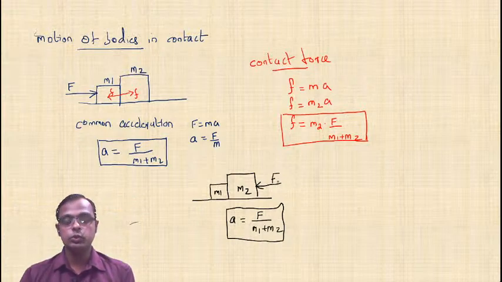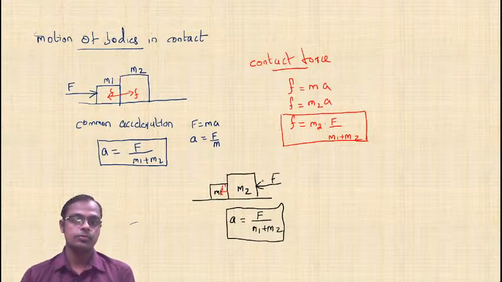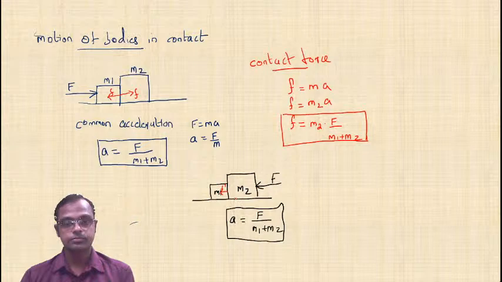What do you think about it? You are applying the force on M2. So what will happen? M2 will apply a force on M1. Say it as F dash. Why have I written F dash? Because it is not the same case as the first one. It was F, here it is F dash because M2 is heavier than M1. In the previous case, M1 was applying a force on M2. Here M2 is applying the force on M1. So we have written F dash.